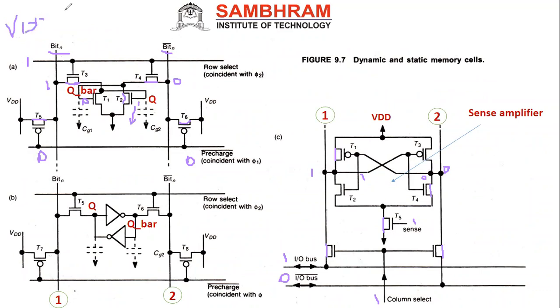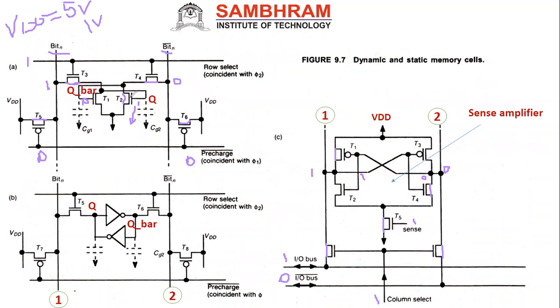We are charging to 5 volt, right? VDD is equal to 5 volt. And what is my threshold voltage? My threshold voltage is nothing but 0.2 times VDD, which will be 1 volt. Now, if I have less than 1 volt, what will happen? This on state will become an off state.